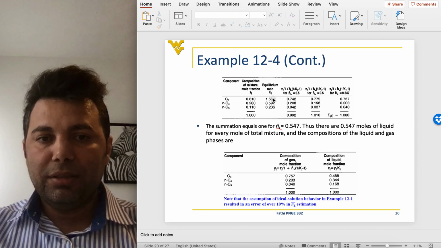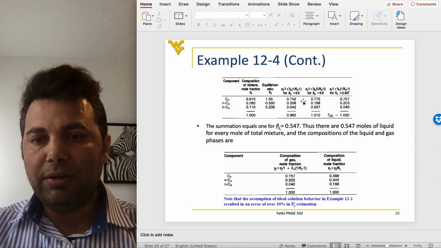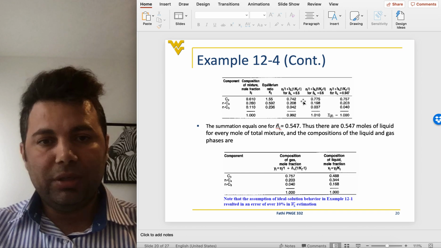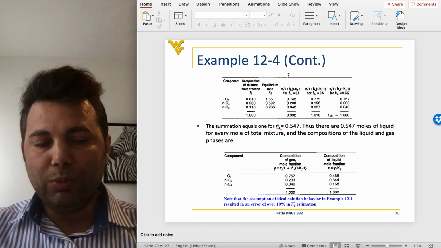As I said, either finding the composition and quantities of the gas and liquid in a mixture, very similar to example 12.4, or